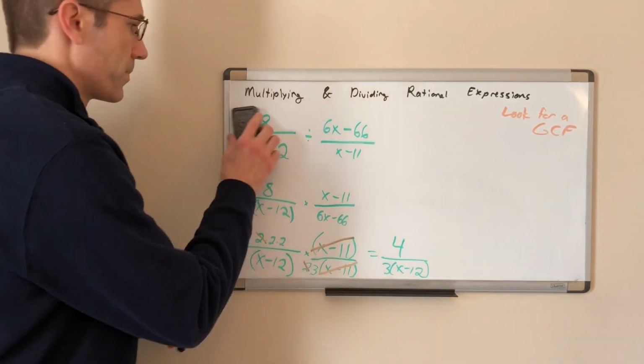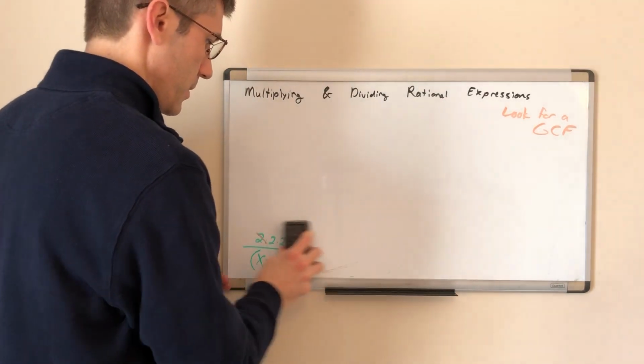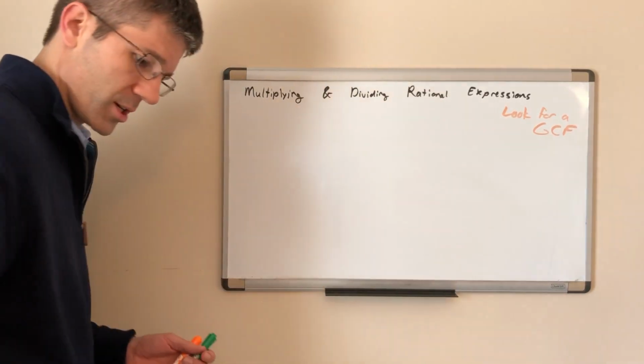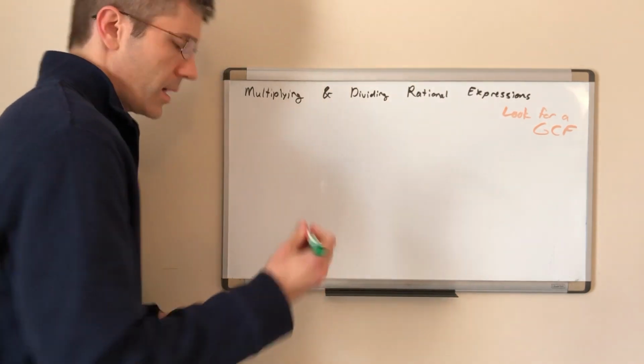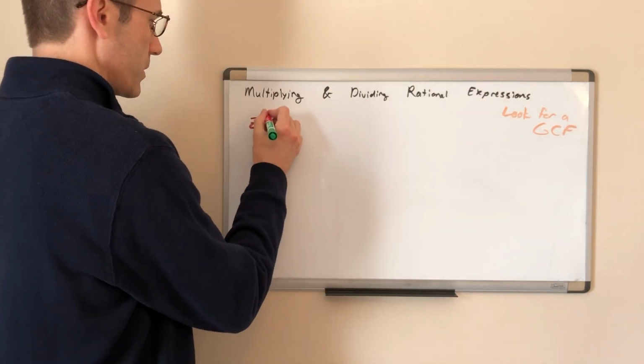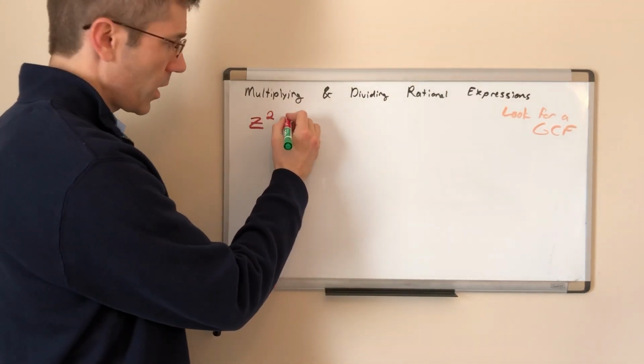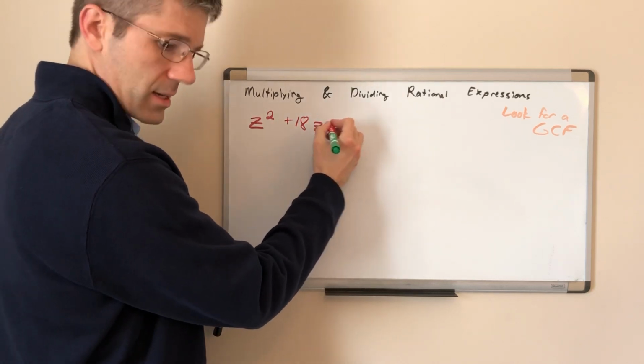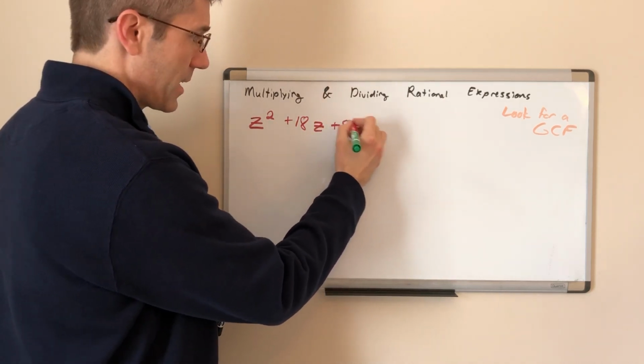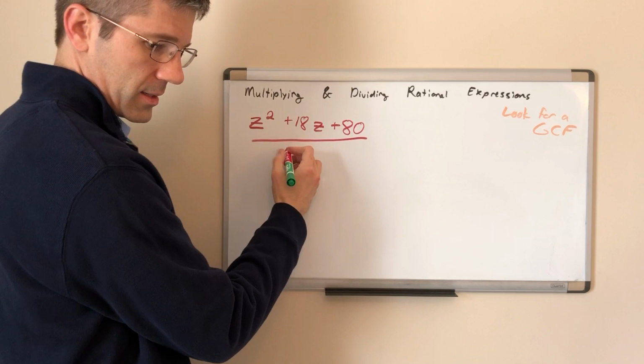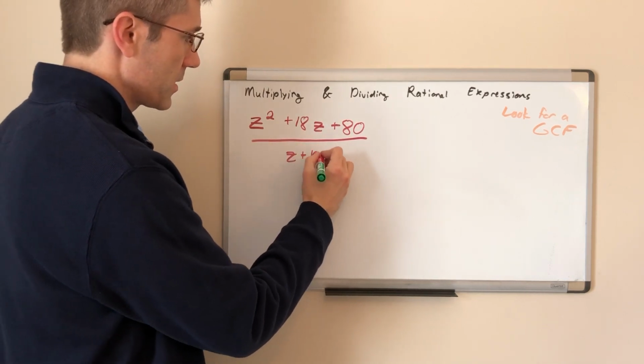Let's do a couple more. I'm going to switch colors here, no reason. Z squared, it's a good variable. Z squared plus 18z plus 80 divided by z plus 10